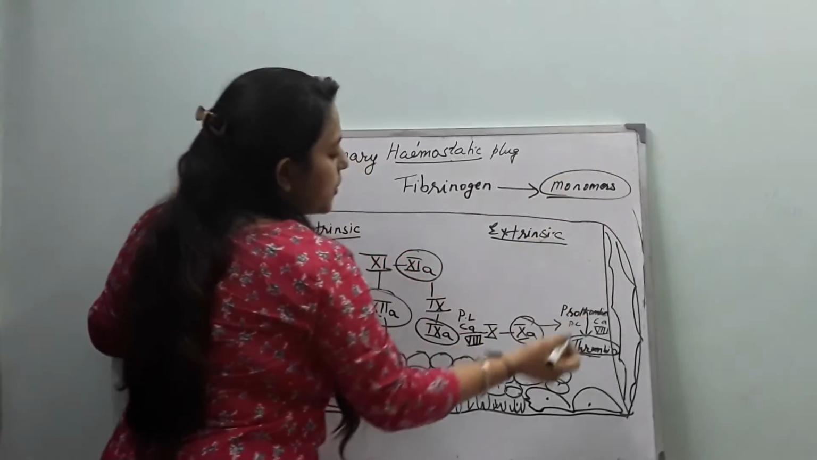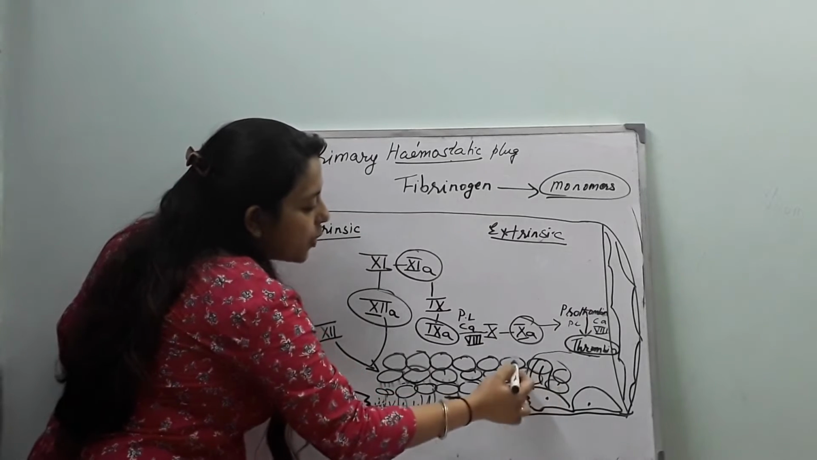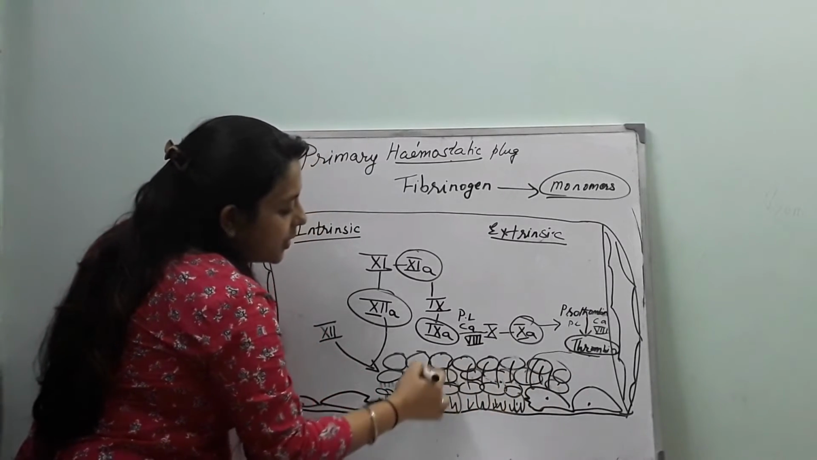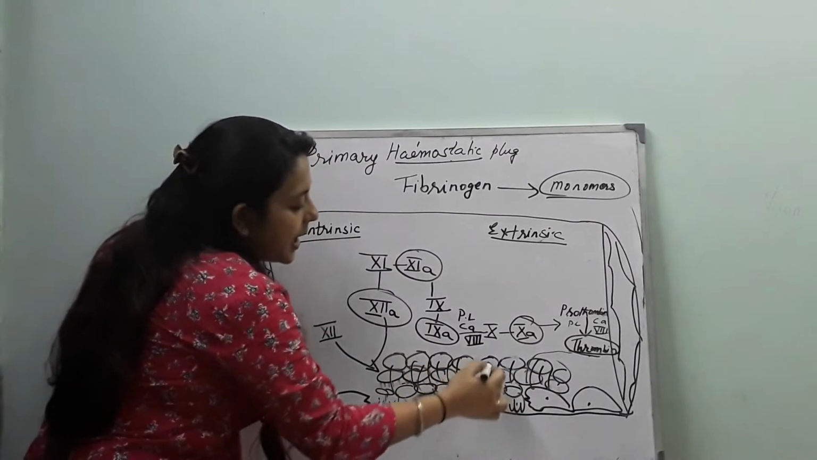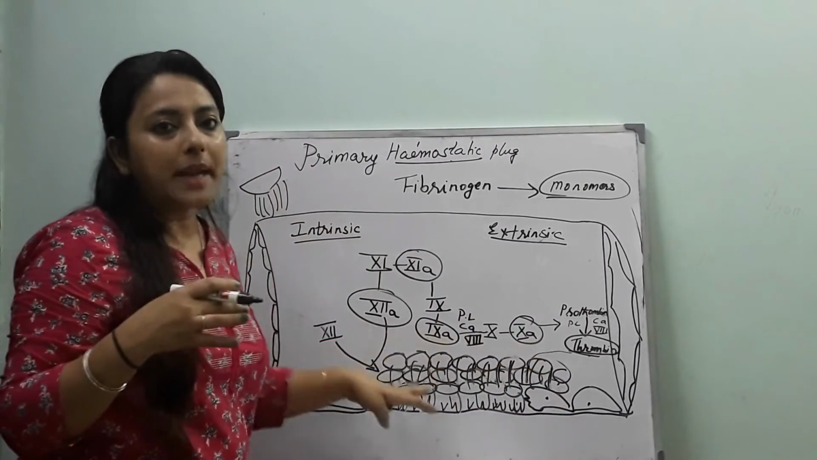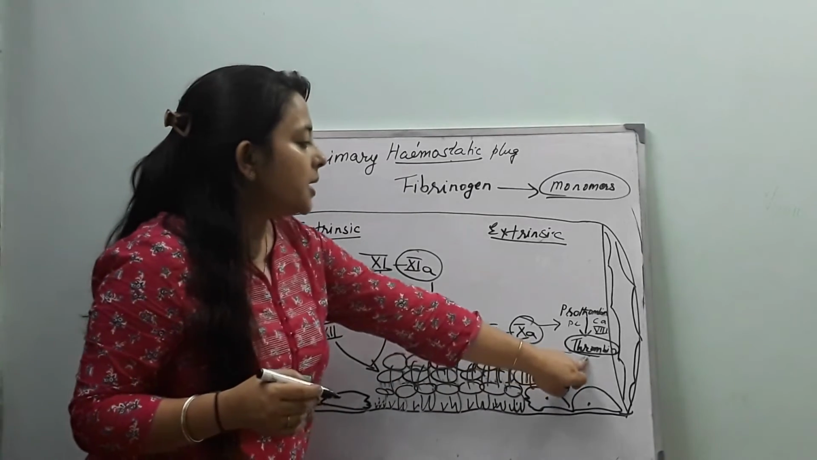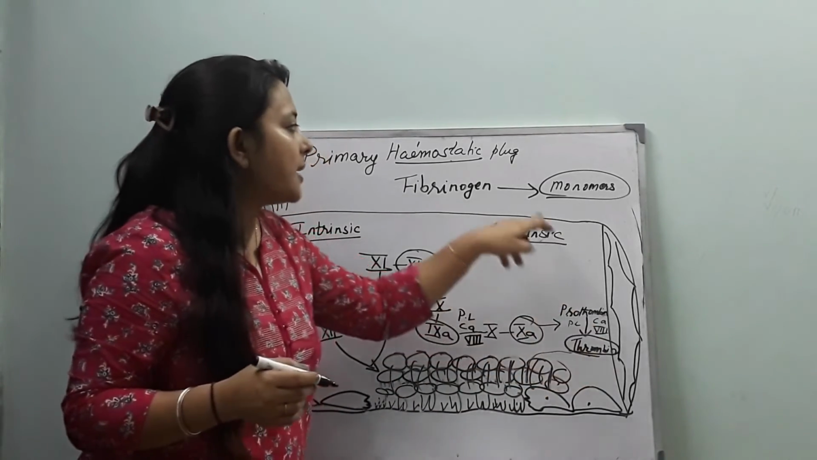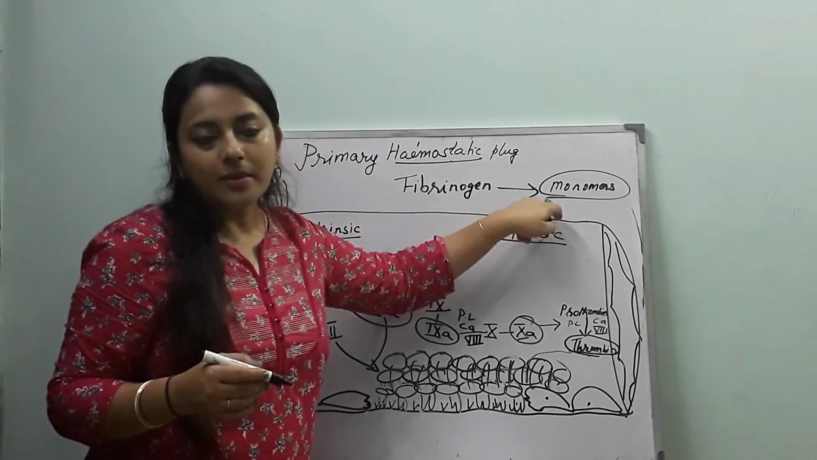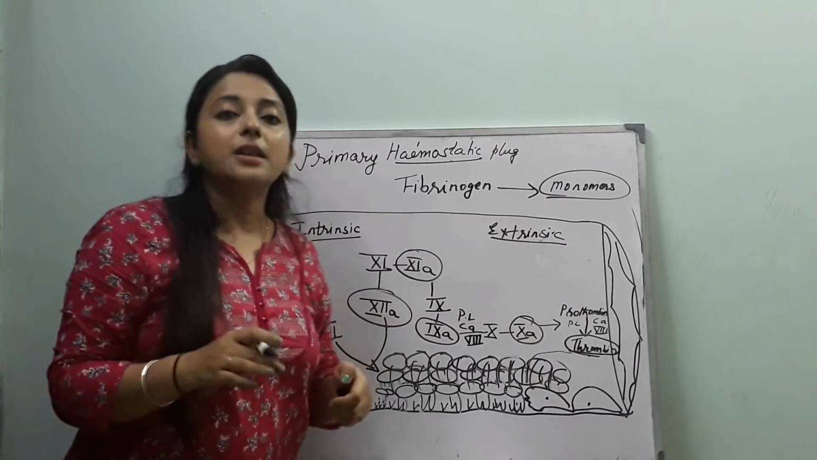Okay, fibrinogen monomers, and they get deposited over here. All the monomers are deposited over here, and they tightly pack the plug. Now what happened? Thrombin on one side produces fibrinogen monomers, but on the other side thrombin also activates the